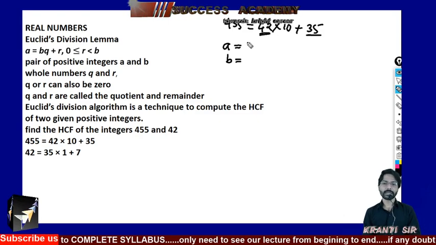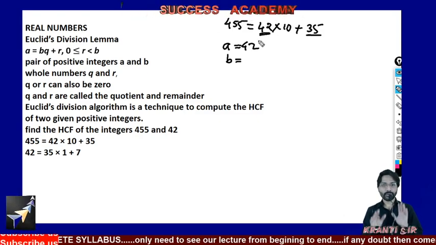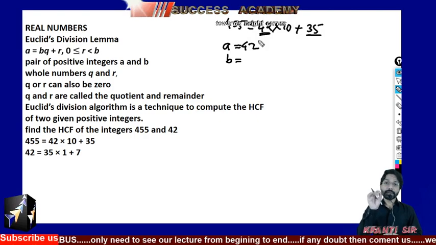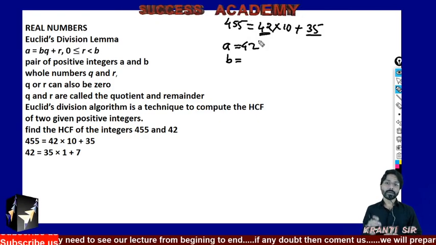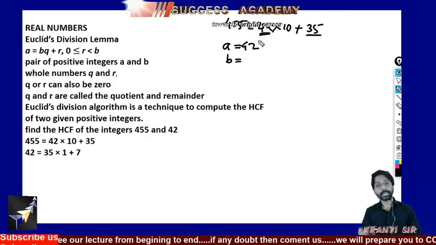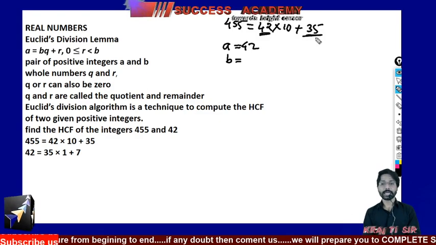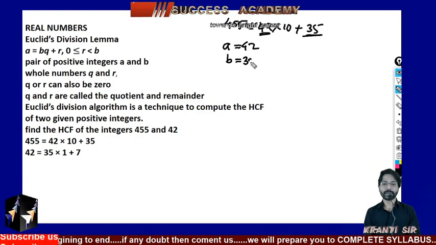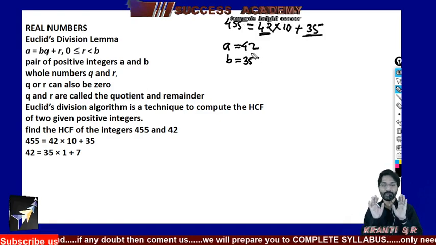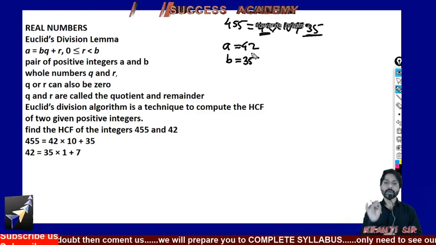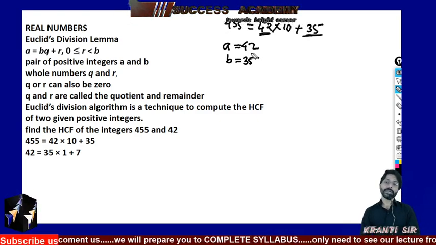Definitely the divisor is greater. So A will become 42. And which number is lower or smaller than it? That is 35. So B will become 35. Now did you get the answer? Is your doubt cleared? Okay. Now the next step is